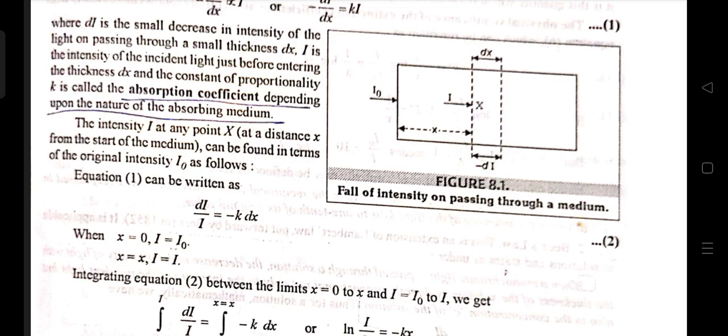So the intensity I at any point x, at a distance x from the start of the medium, can be found in terms of the original intensity I0 as follows. The first equation can be written as dI/I = -k dx. When x is 0, I becomes I0, and when x is x, I is equal to I. Integrating this equation 2 between the limits x equals 0 to x and I equals I0 to I, we will get